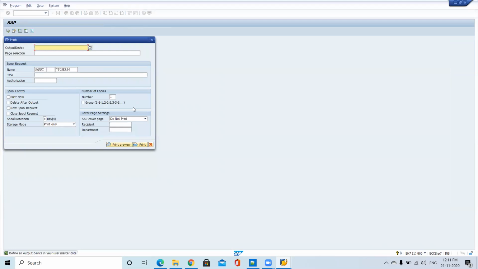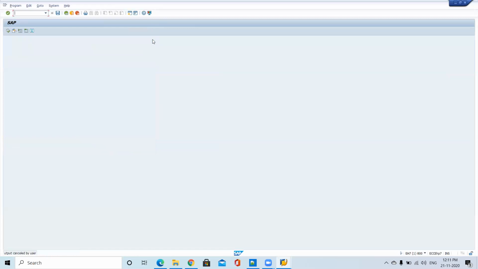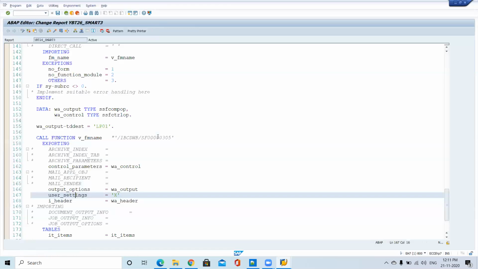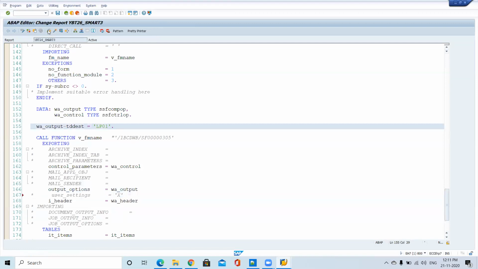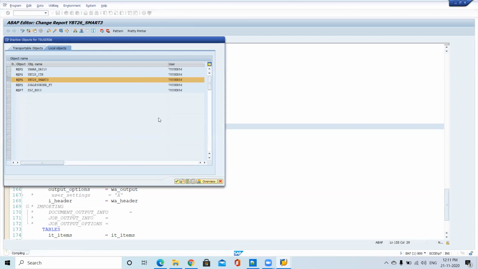Why is it not coming? Define an output device in your user master data. So here W underscore out, the destination we are passing LP01, but why is it not taking?